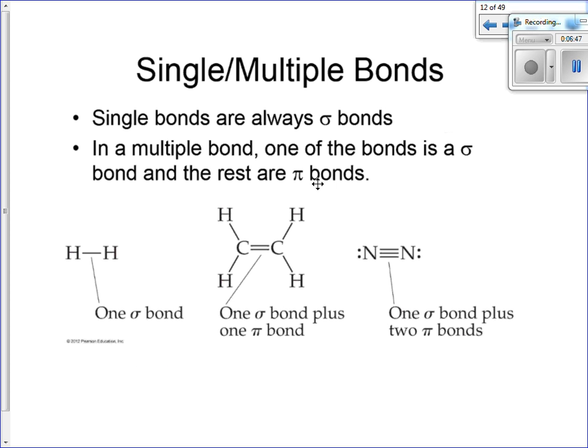I put the diagram on your paper there to help you see that in a single bond you're going to have one sigma. In a double bond, one of them is a sigma and one of them is a pi. And in a triple, you're going to have one bond that's sigma and two that are pi. And that's how they hybridize there. Knowing that is important because we're going to be using these hybrid orbitals when we're forming